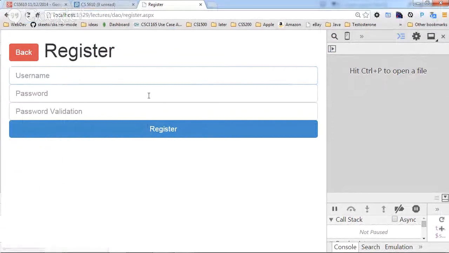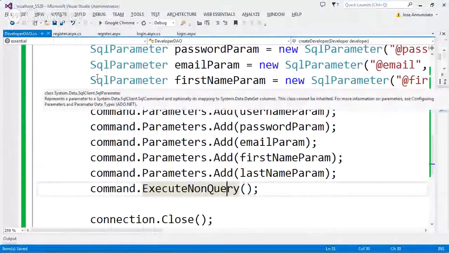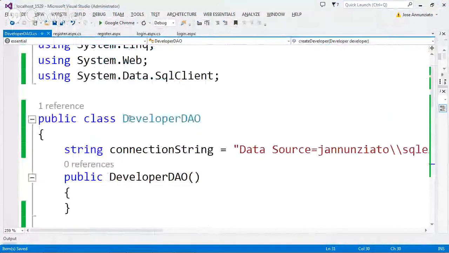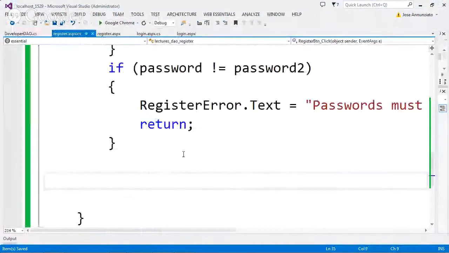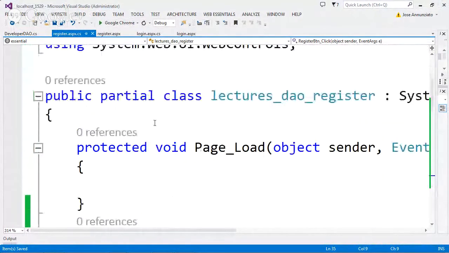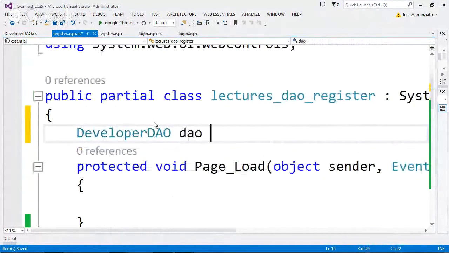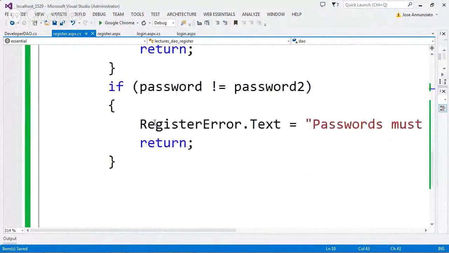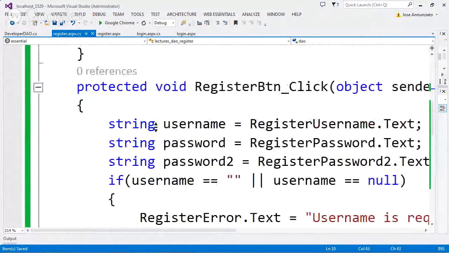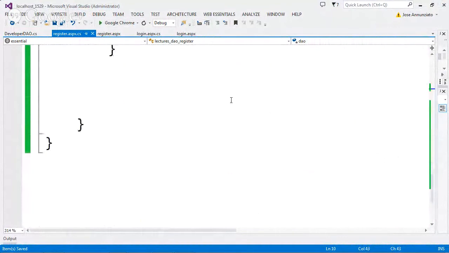Let's refresh this. Oh, actually, we have to use this data access object from the C# backend page, from the code behind page. We need that data access object. So let's create it here. Here's the DeveloperDAO, the one we just created. And so from our button event handler, our register button event handler, what we're going to do is